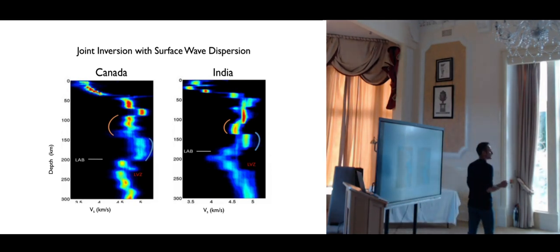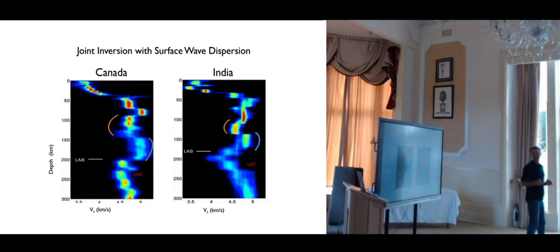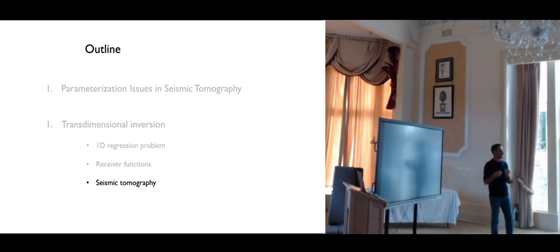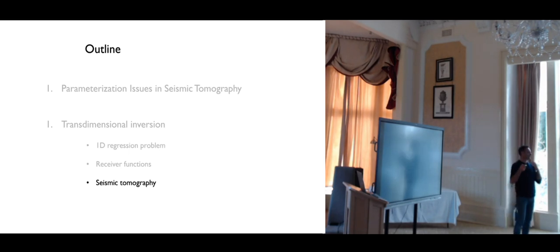So now, those were for 1D problems. Now the question is, how do we do that for seismic tomography, because changing the number of layers is easy. You can add one layer, remove one layer, but in 2D and 3D, when you want to change the parametrization, how does it work when you add one cell, remove one cell? You have to remesh each time, and this is a difficult problem. So that's why the parametrization is quite important. We need a parametrization that can be adaptive.